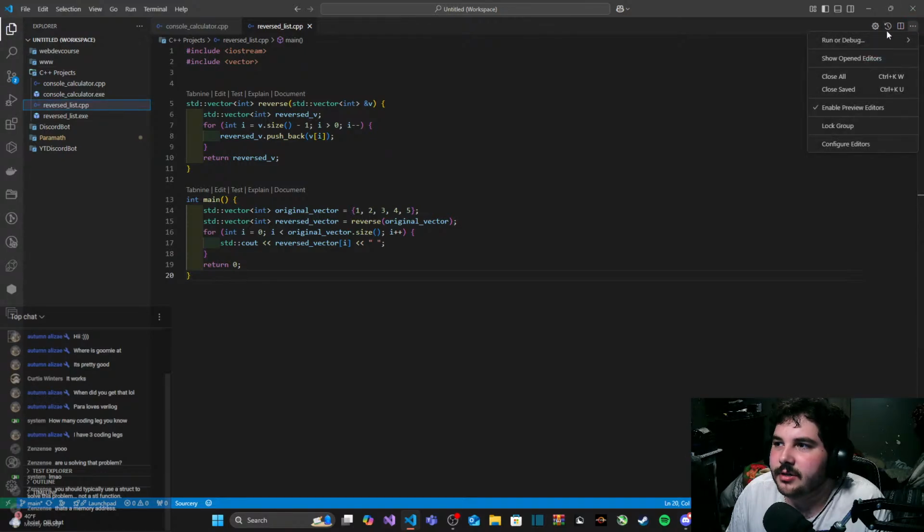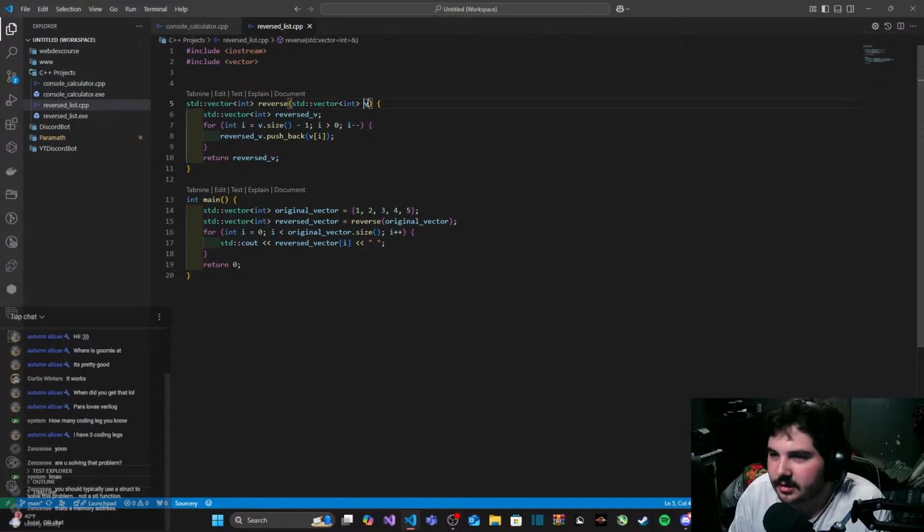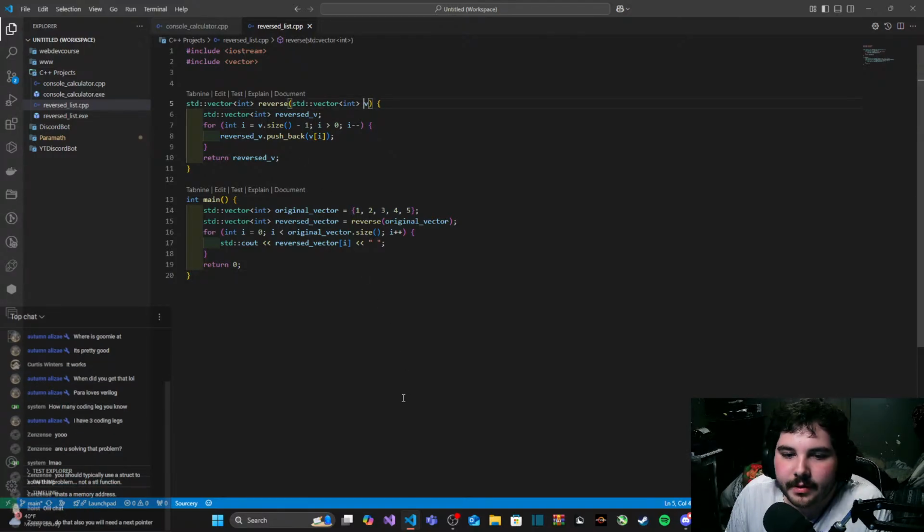Maybe that's what I need to do. Nope, that didn't fix it. Do that. Also, you'll need a next pointer. If I knew what a next pointer was, unless I did something like this. No, that's not gonna work.